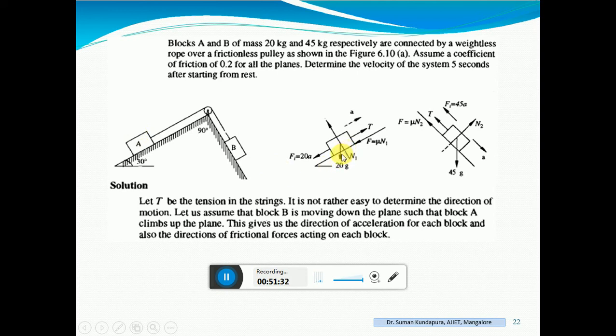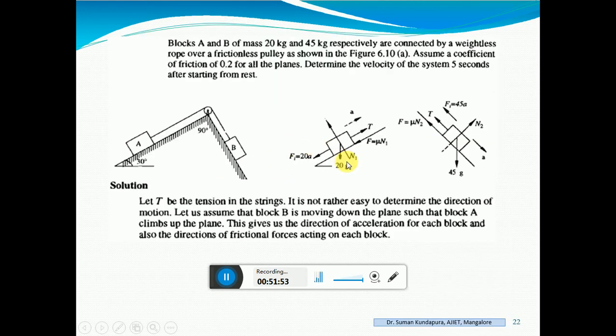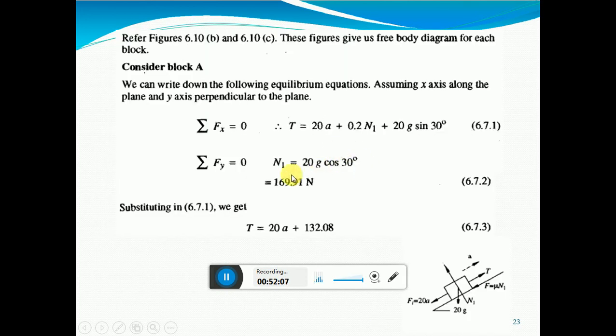Okay, so it is 20 G sin 30 along the x axis. Here, if it is making an angle, along y it is cos, along x it is sin, minus 20 G sin 30 degrees. Okay, summation of F y is equal to 0, only one component N1 is acting upwards, and the weight, which is perpendicular to this, along this it will be the y component, minus 20 G cos 30. So N1 you will get the answer, N1 substitute over here. Still a is missing, similar to the previous problem.